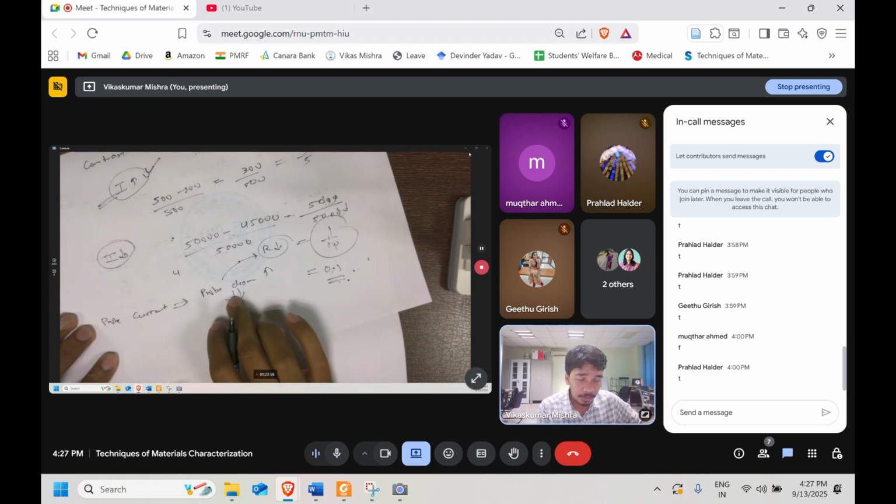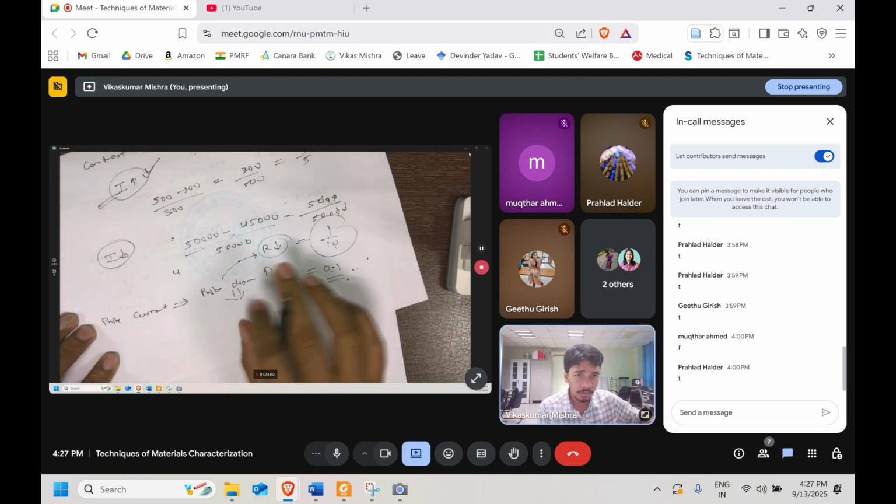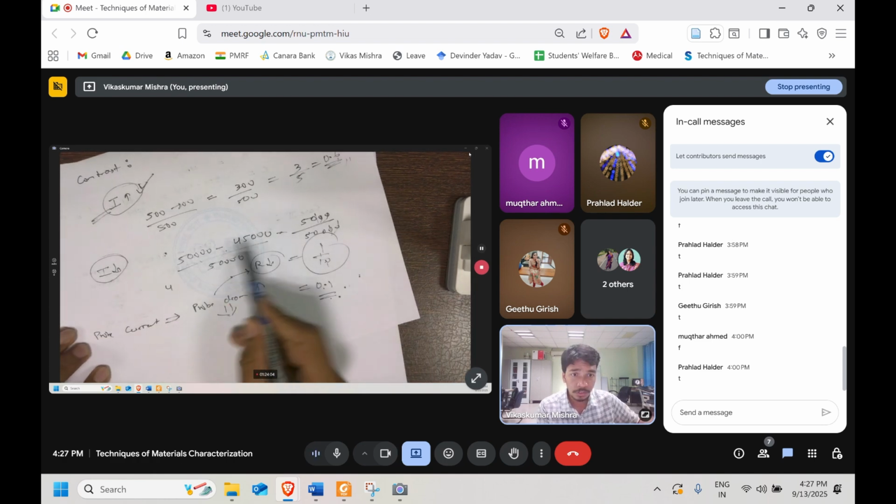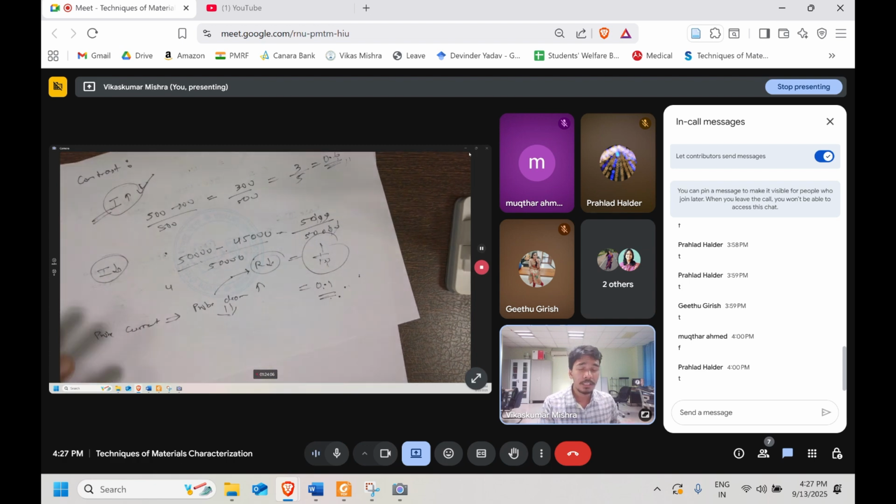With more current, the probe diameter is high, and a large amount of current is passing through the specimen, so these things are also increasing. Okay, I don't have the book with me right now. I wanted to show you, this question is very good. There is a book on the TEM